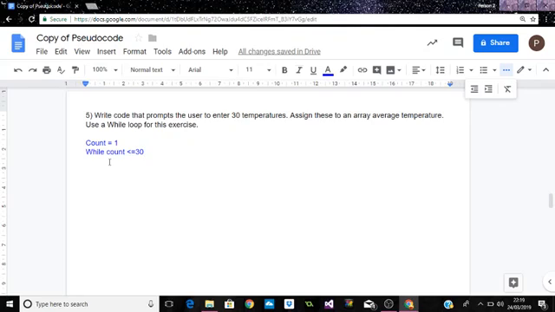because I want to do it 30 times, I'm going to move over here, and I'm going to ask them to enter 30 temperatures. So I prompt the user, output, enter temperature, and then I'll have a temperature variable assigned the value of input,